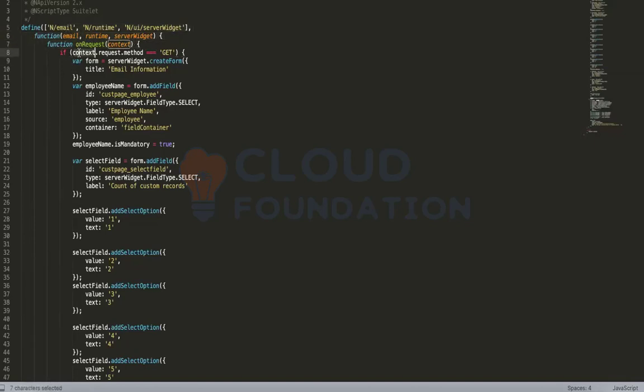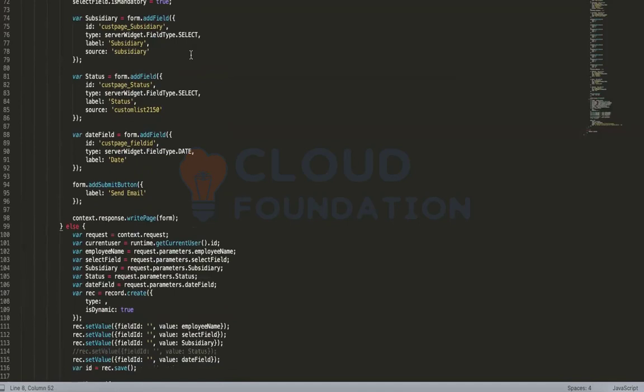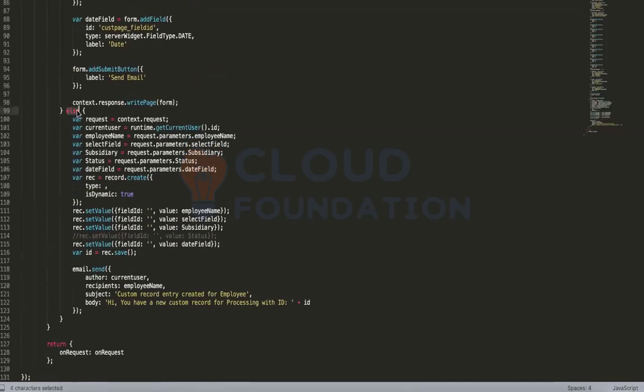Under this context object, you have request.method. Request.method will give us the method which is being used in this current request, because it is a request-response thing. So if it is get, then we have this entire logic. And if it is post, which is considered the else part, because there are only two options, then